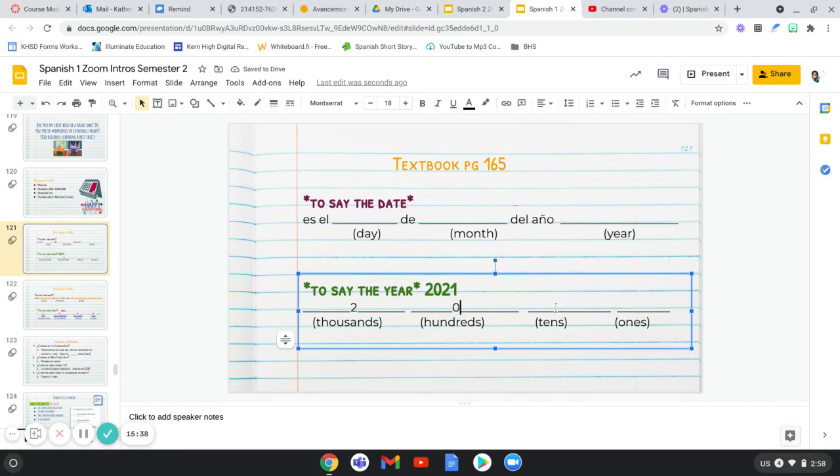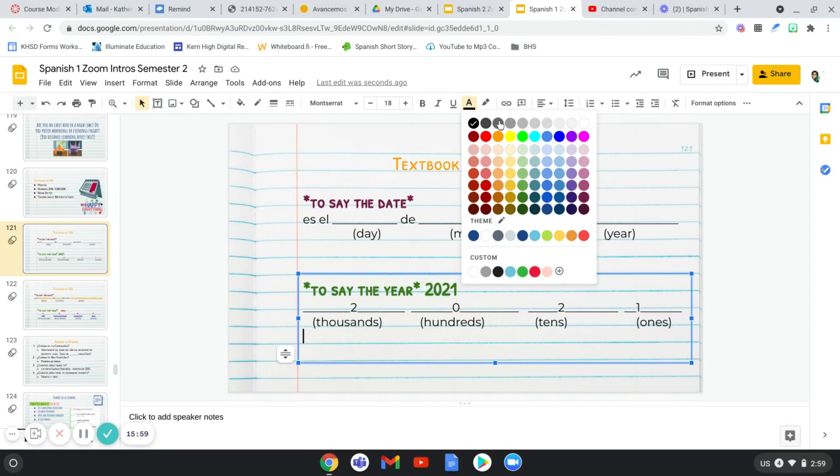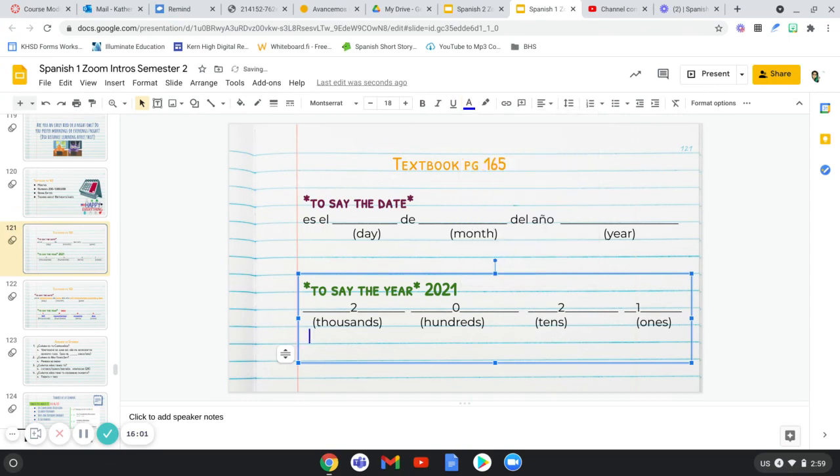What number do we have in the tens? A 20. Or 21 specifically, but the tens is just 20. And then what's in the ones? A 1. Let me scooch that under there again. So the way you would say it is, and I'll type it down here again, you will have to say the word for 2,000, right? Because we have 2 of them. So your answer, let me make this a different color for you guys too, would be